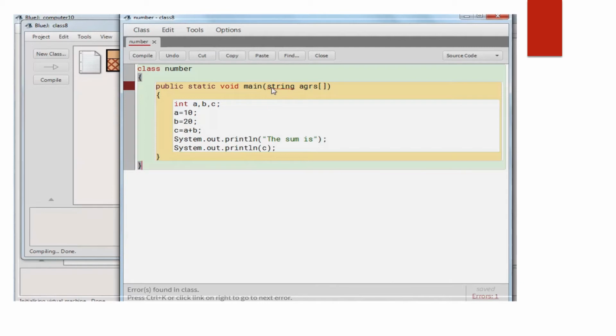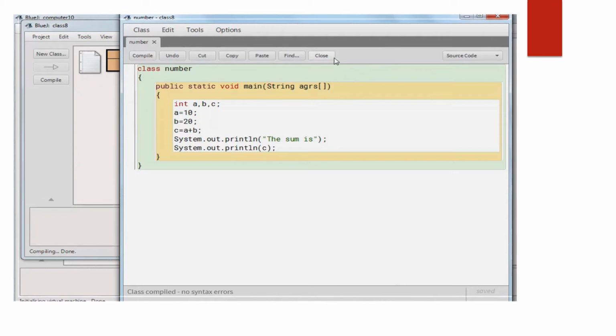One mistake I made here: String S will come in a capital letter. It tells the error. Yes, I corrected this mistake and I got the message at the bottom, class compiled, no syntax error. It means our program is ready for execution.